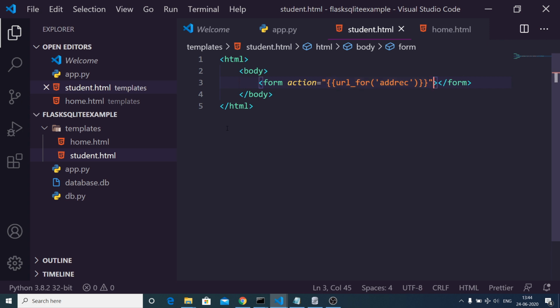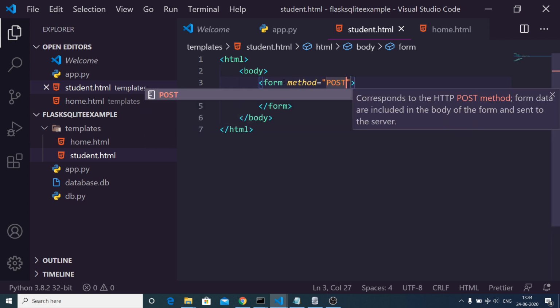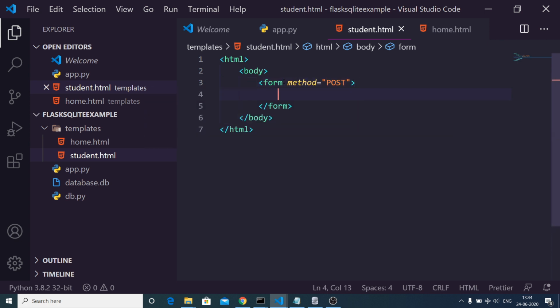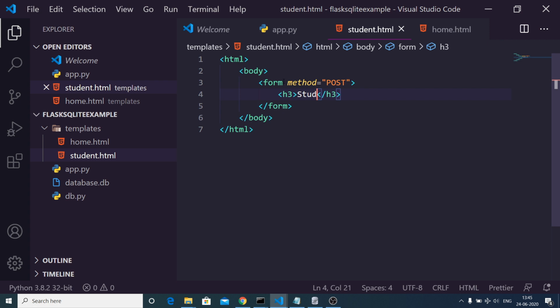Let me write this later on, so we will not be having the action. Let me first of all give it a method here. The method will be post, and inside this form we will have a heading here, which will be student information.